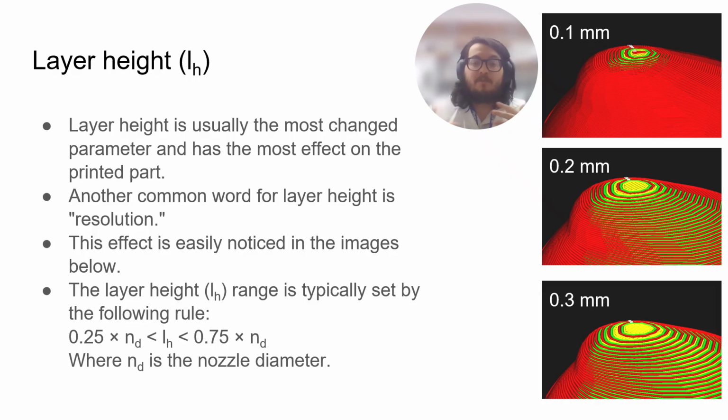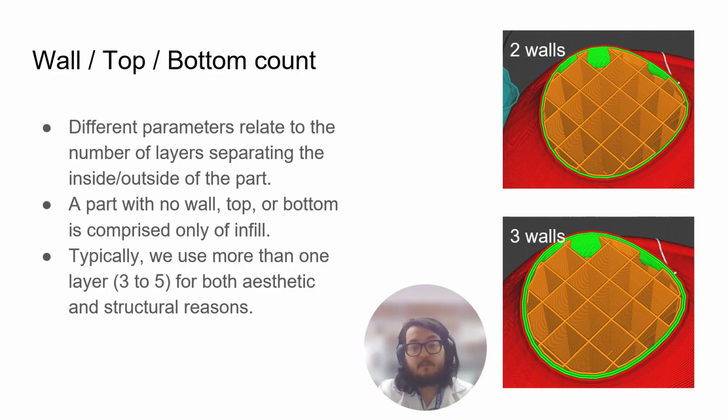So you see how we can go higher if we have bigger nozzles, but we sacrifice resolution and quality. But if you really want to make something fast, you can definitely use that. Although nowadays printers themselves are much faster than other printers. Okay,